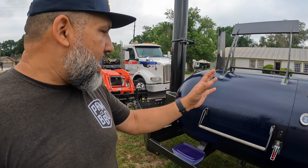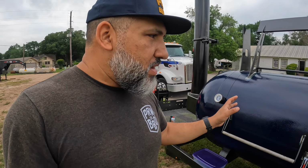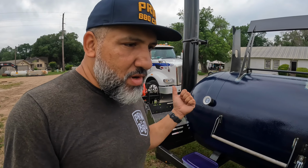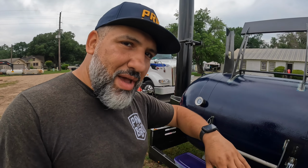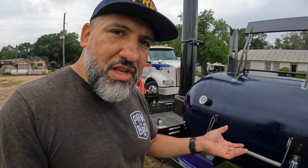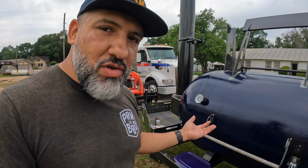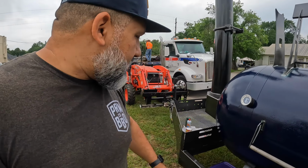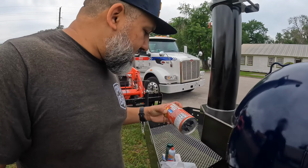It got up to about 325, and it's starting to drop just a little bit in temperature, which is kind of about where I want it. But I'm gonna get my biscuits ready and put them into a little bitty Tupperware container, all open, so that I can lay them out quickly. Now I can close it back up, and then we're gonna feed it with about maybe one split, just to get it to burn up to temp to help with the rebound. And then we'll go from there, and then we're gonna give it, let's see, it says